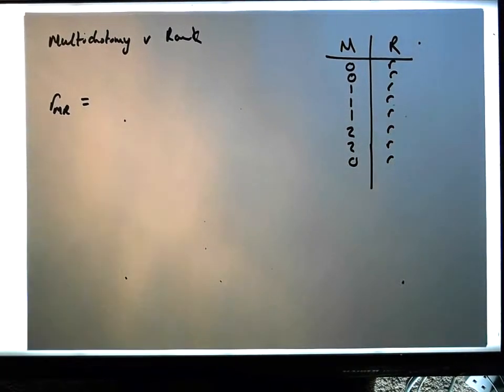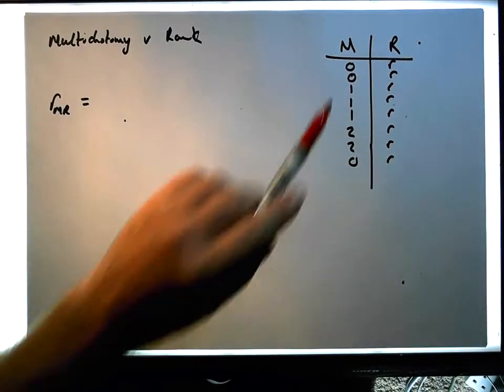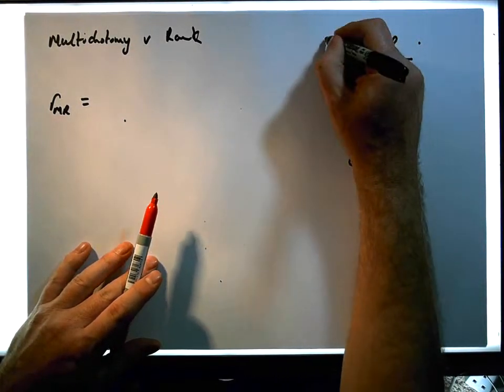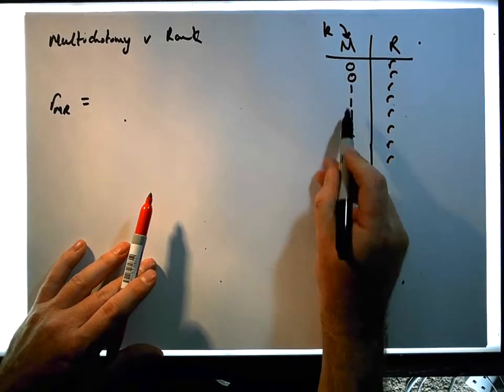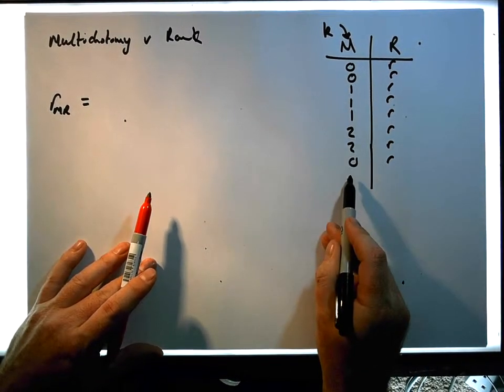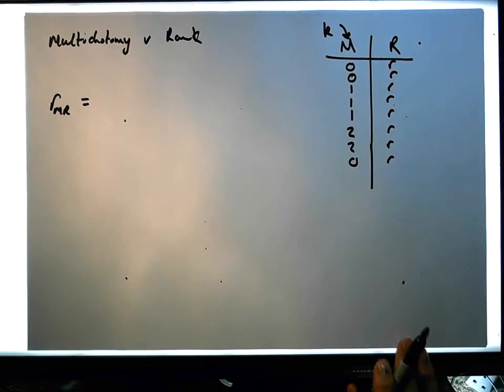So what we need to do is keep in mind how many levels there are. So there's k levels on this particular multichotomy. 0, 1, 2. That's 3 levels so far here, but we could have k of them. So keep in mind that the subscript k